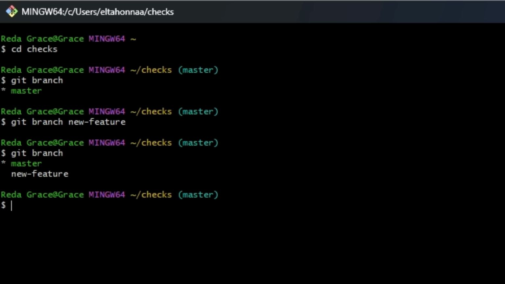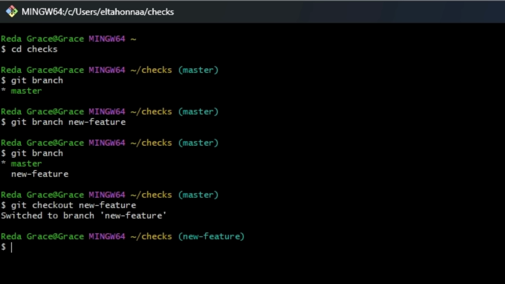It might help to remember that we use git checkout to check out the latest snapshot for both files and for branches. All right, let's switch to our new feature branch by calling git checkout new feature and then listing our branches once again. Before we were working on the master branch, but now that we've changed to our new branch, the star has moved to new feature.